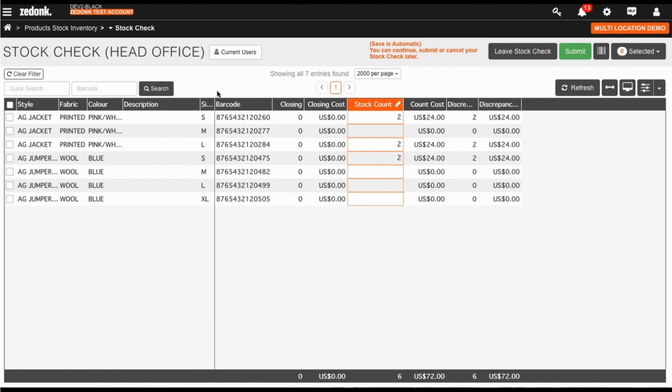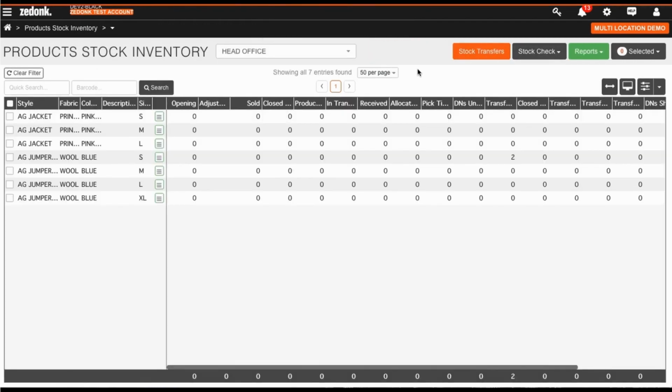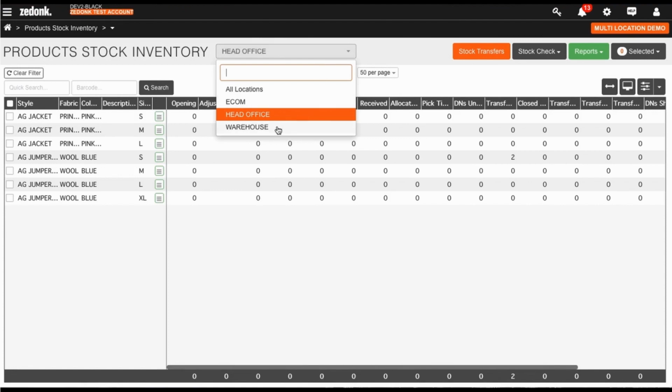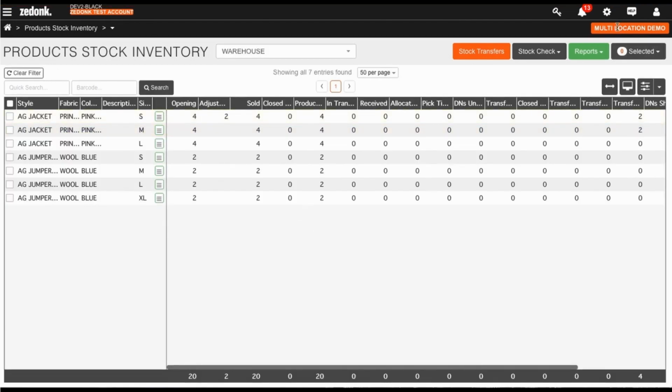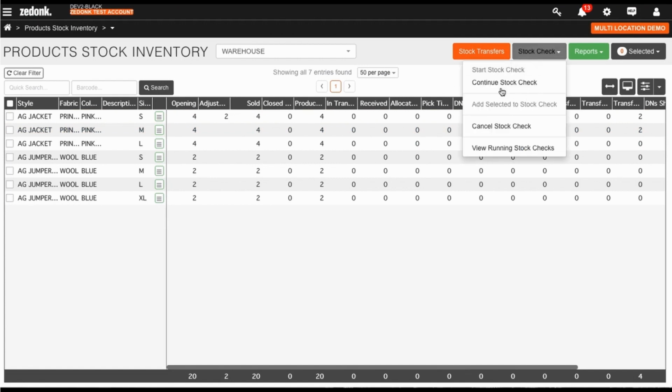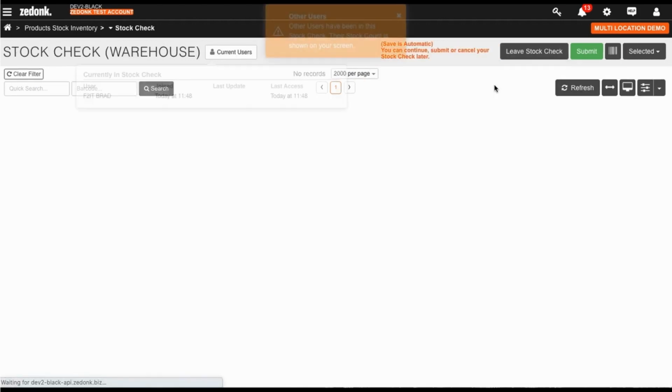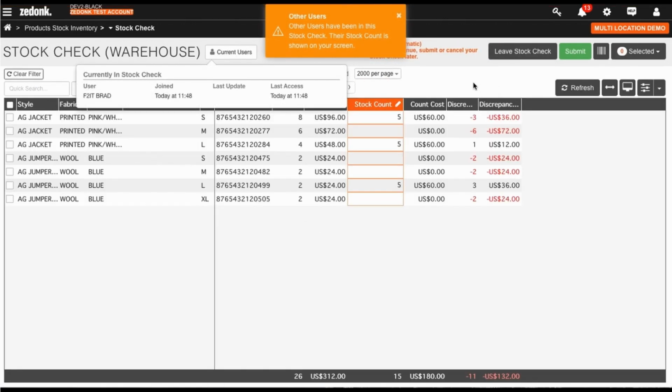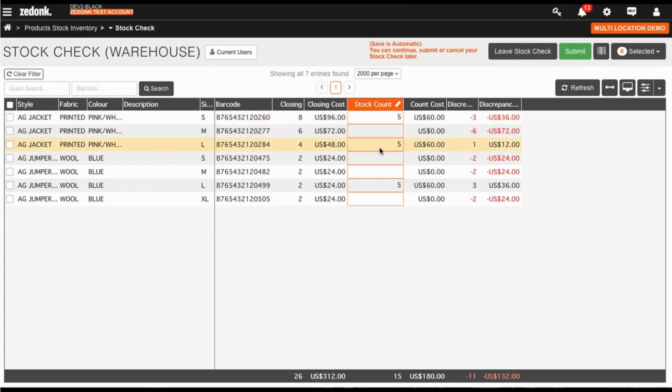Now we have some great functionality also as part of this, that we can basically track which user is in a stock check. You can run multiple stock checks per location per season, and actually you can even join a colleague's stock check. We obviously have the logic to stop you exiting. So my colleague, for example, has started a stock check in warehouse location in the season multi-location demo, and I can actually click on the stock check button. I can click continue stock check. It would have said join on the very first occasion,